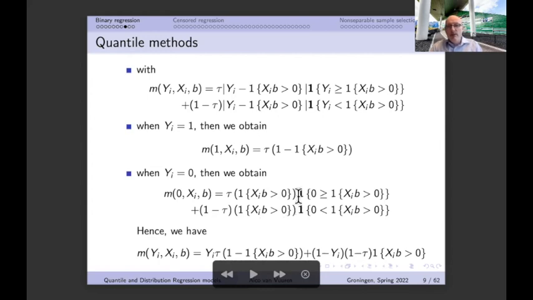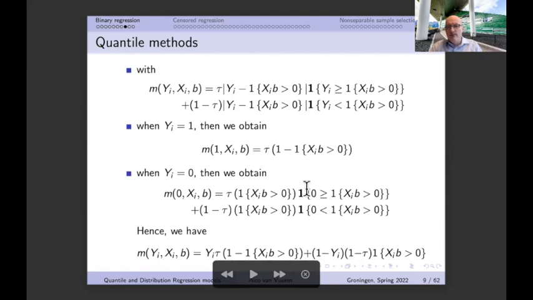Now another time we can look at this indicator function over here. Here the indicator function indicates that 0 must be larger or equal to something that could be equal to 0 or 1. Well, of course, if we have here a 1, well, then we have 0 larger or equal to 1. That is, of course, not true. So then this thing must be equal to 0. But we can also have that, well, this thing that we have over here is equal to 0. Then we have 0 is larger or equal to 0. That's actually true.